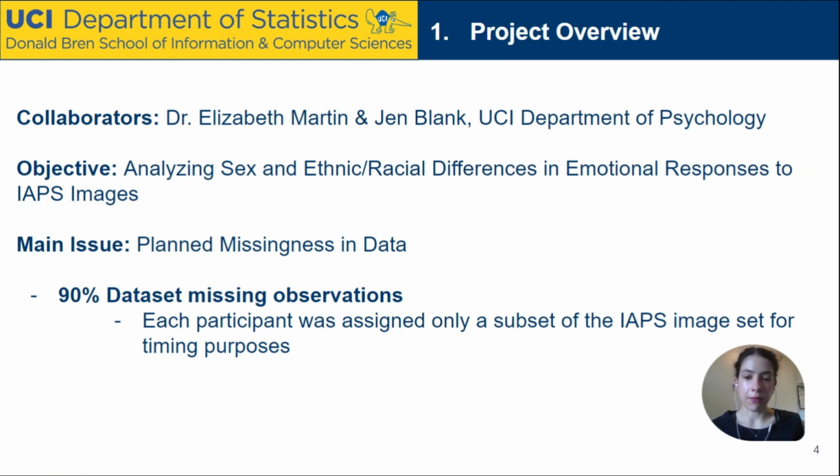They surveyed a sample of 1,008 individuals to gather data on mean ratings of positive emotion, negative emotion, and emotional arousal elicited by the images, as well as to categorize images into positive, negative, and neutral categories. They reached out to my advisor as they had a substantial amount of missingness in their data, approximately 90%. This was due to their study design, where each individual participant only received a subset of the IAPS, only two sets of images, each of 60, so 120 in total out of the 1,182 slides.